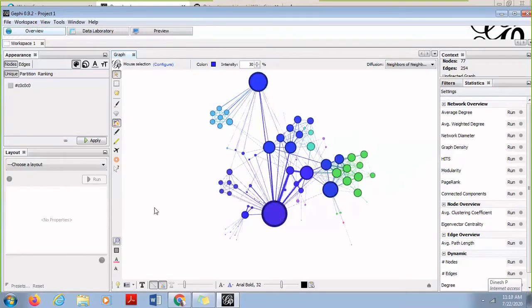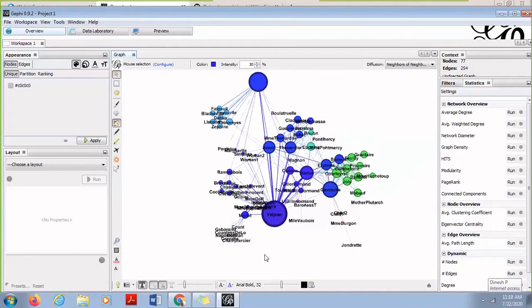Now, along with this, there is an option which allows you to add text onto the nodes. So here is a text option T, which you can see at the end. When you click on this, it says show labels. So here you will be able to see the labels, and you can also select the color of the text, what color you want, what font you want.